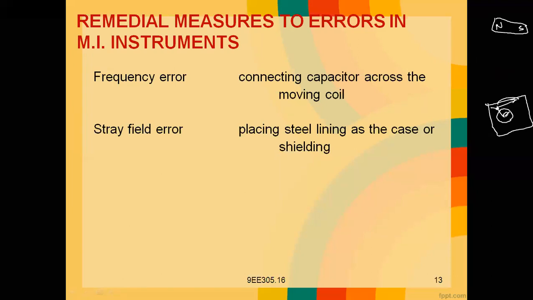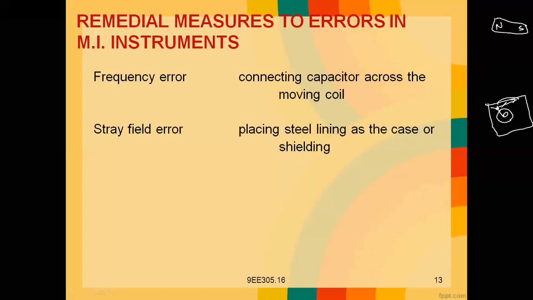And because of this, we will have a change in functionality of the MI instrument, because the overall strength of the magnetic field that the vane is seeing will change. It may vary how we have the magnetic field. It may be aiding or it may be a difference. It may be magnetizing or it may be demagnetizing, or it may be cross magnetizing. These are different effects that the external magnetic field has upon this magnetic field, and the resultant magnetic field will be seen by the vane and it will act accordingly.